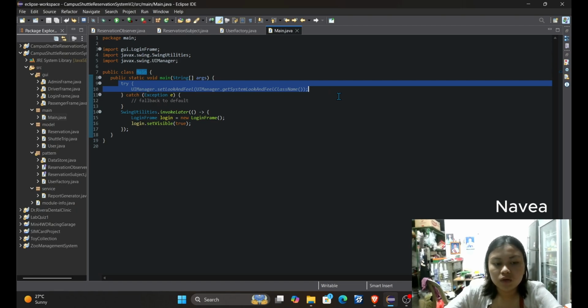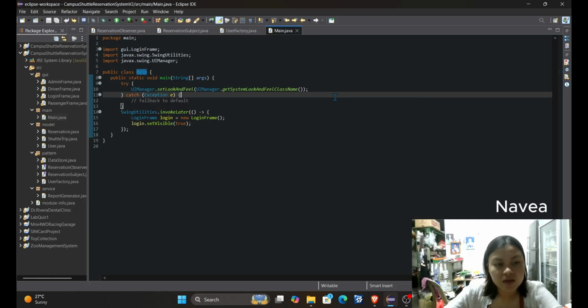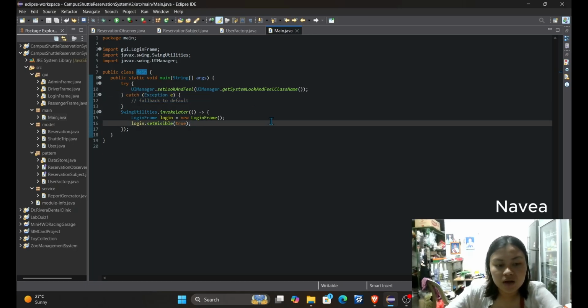So on Windows, it looks like a Windows app, and on Mac, it looks like a Mac app. Next, we have the catch (Exception e). If setting the system look and feel fails for any reason, the catch block silently ignores the error and lets Swing fall back to its default cross-platform appearance, and the program continues.